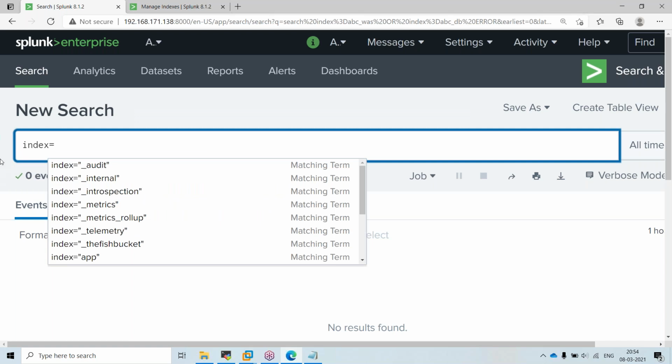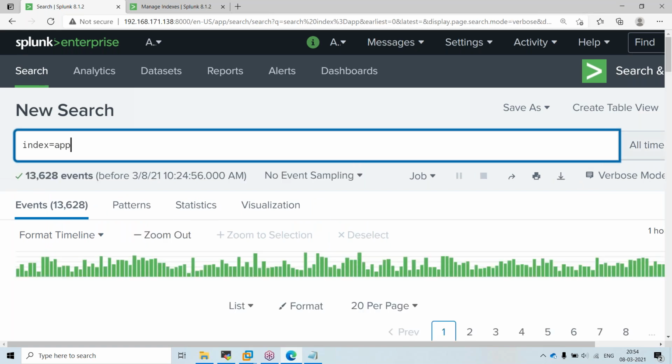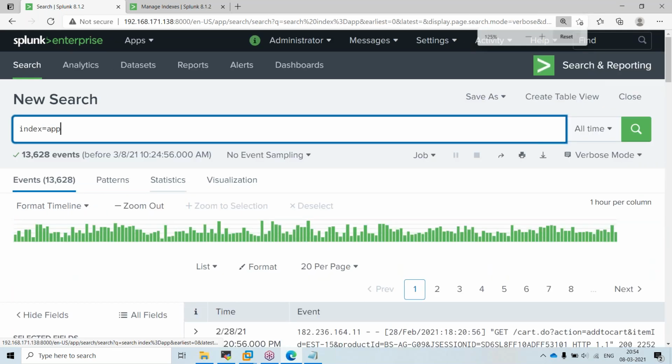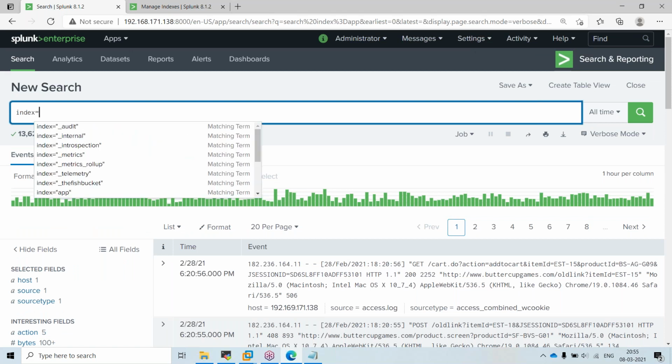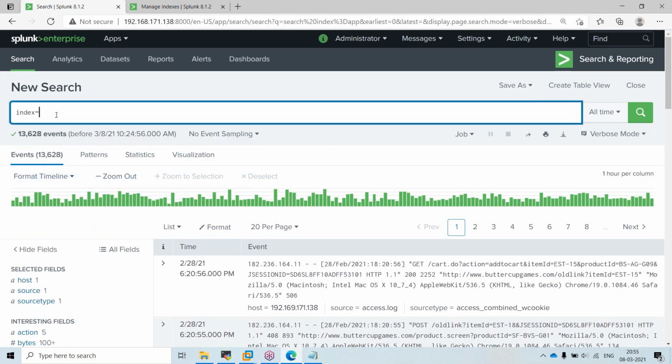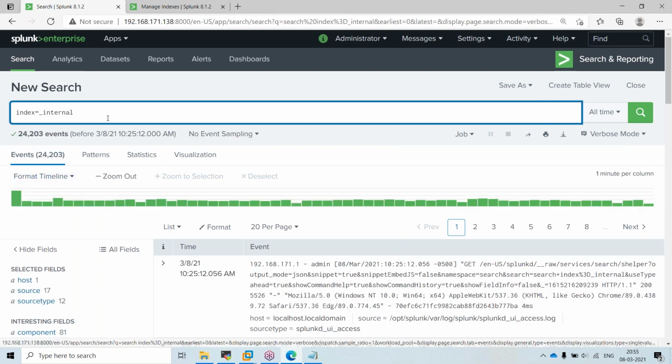Else I will write something like this: index is equal to, I'll put something like app. If I give index is equal to app, I am getting some 13,000 events. If I give index is equal to internal, I am getting some 24k.